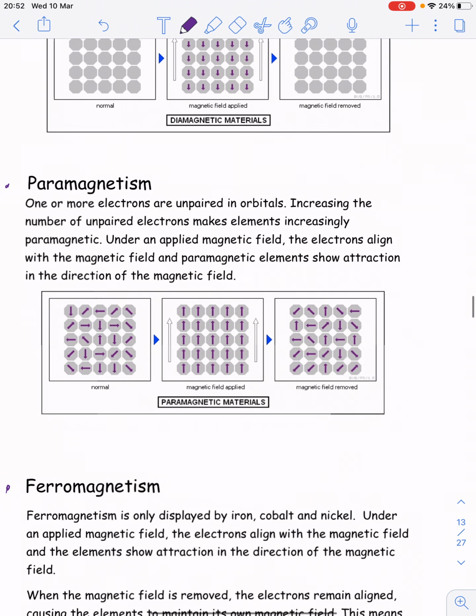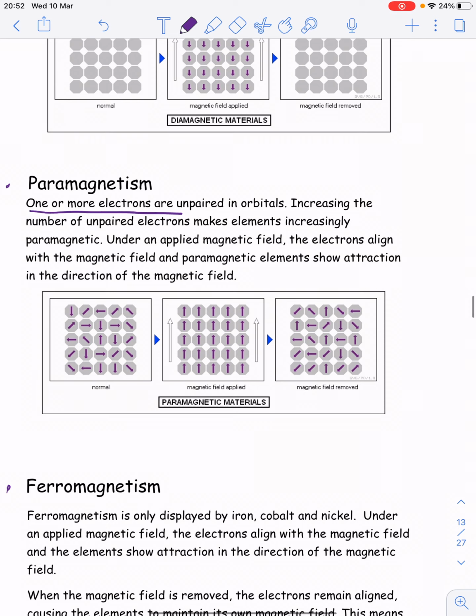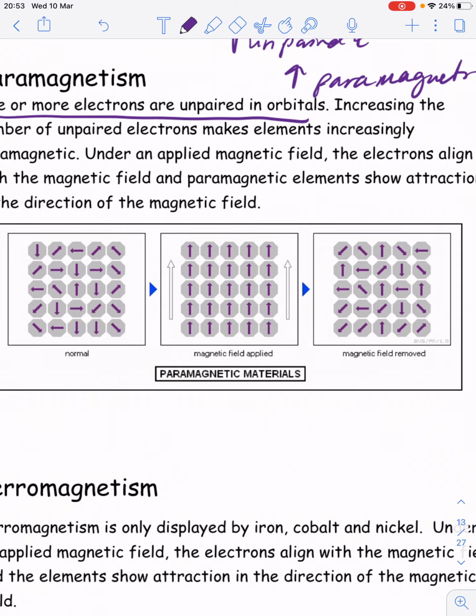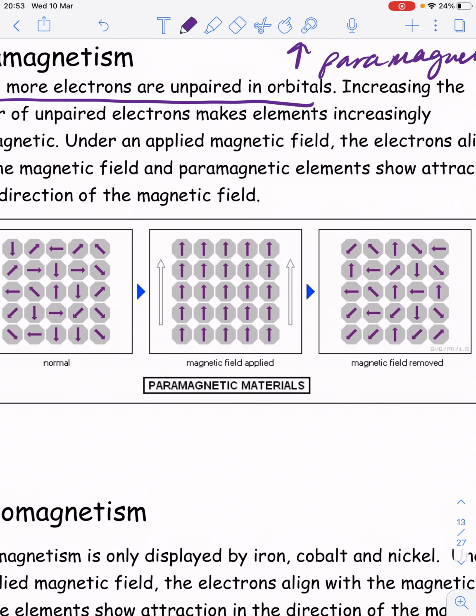Now, there's many paramagnetic elements in the transition metals. A paramagnetic element has one or more unpaired electrons in its orbital, so it has to have at least one unpaired electron. With more unpaired electrons, you become more and more paramagnetic. And under a magnetic field, all of those unpaired electrons act like little tiny magnets themselves, and they can become aligned with the magnetic field, as shown in the diagram,